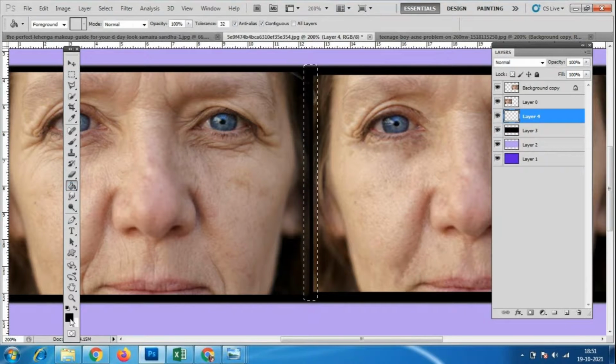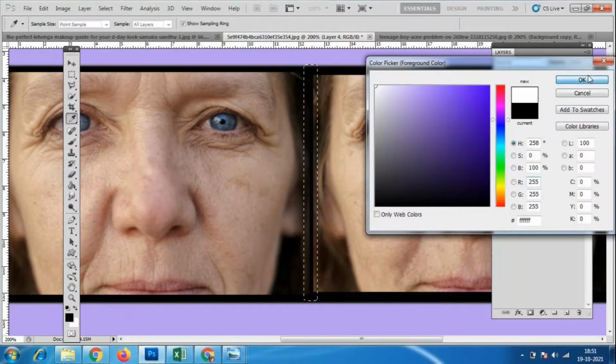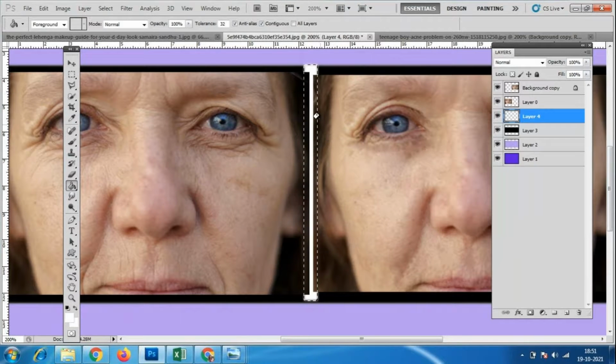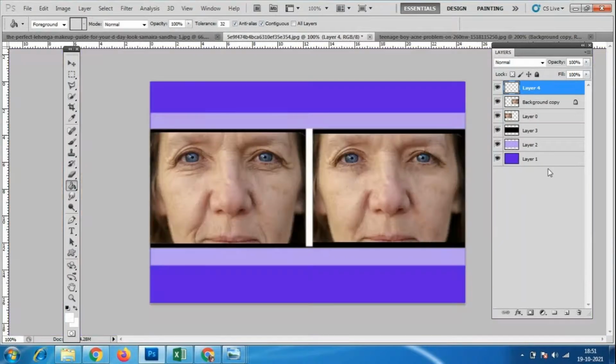I'll add a white color for this. Control D. So it is on top of everything. Look here. So now like this you can add boxes using the rectangular marquee tool. You can add so many different colors for this.